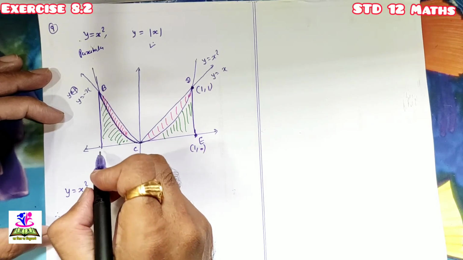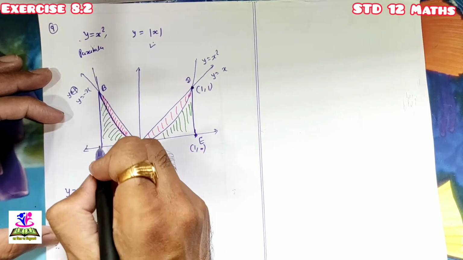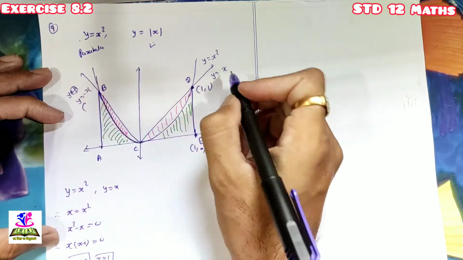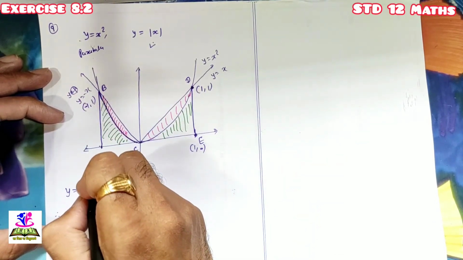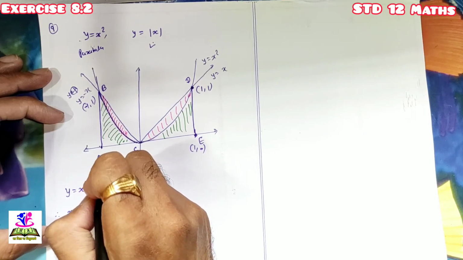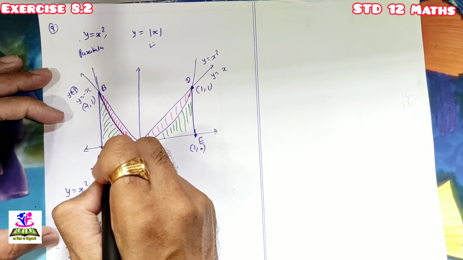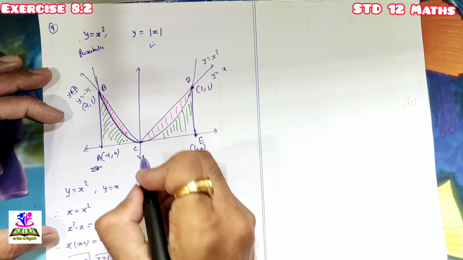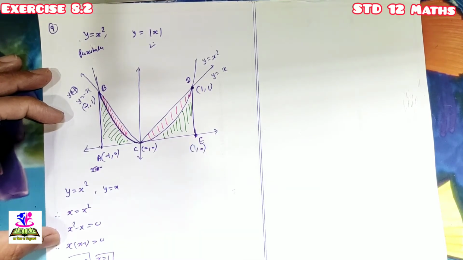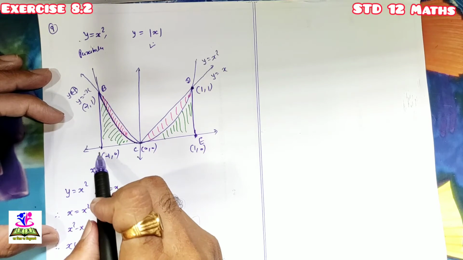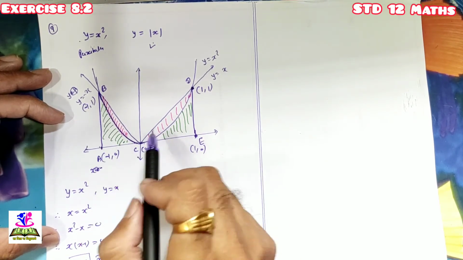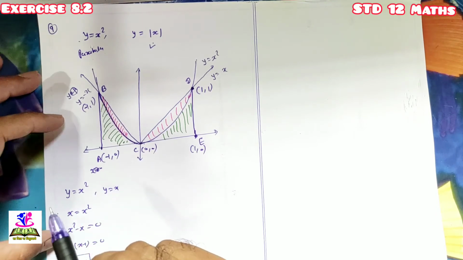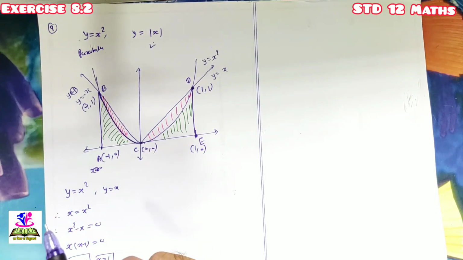Done. Similarly y equal to minus x लेके सोल्व करो, तो यहाँ पर आपको ये पॉइंट मिलेगा, है ना, ये (1, 1) मिला, तो ये आपको मिलेगा (-1, 1), और coordinates of this point A are (-a, 0). Done. This is the origin (0, 0). So here you have to consider integration from -1 to 0 and 0 to 1, and these two are symmetrical. Done. So we'll consider only one part and we will double it.